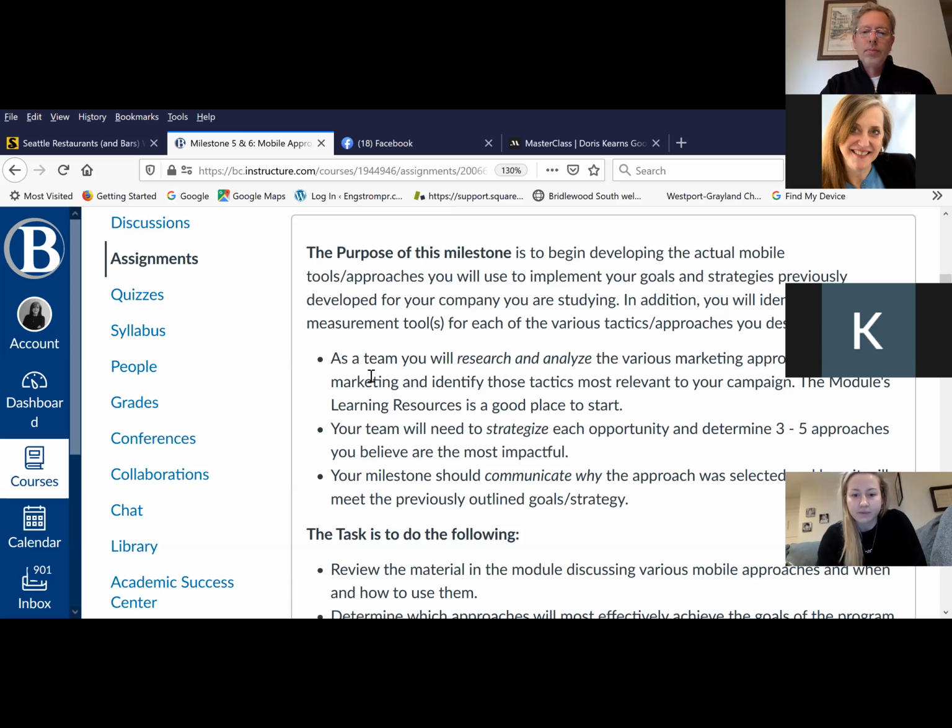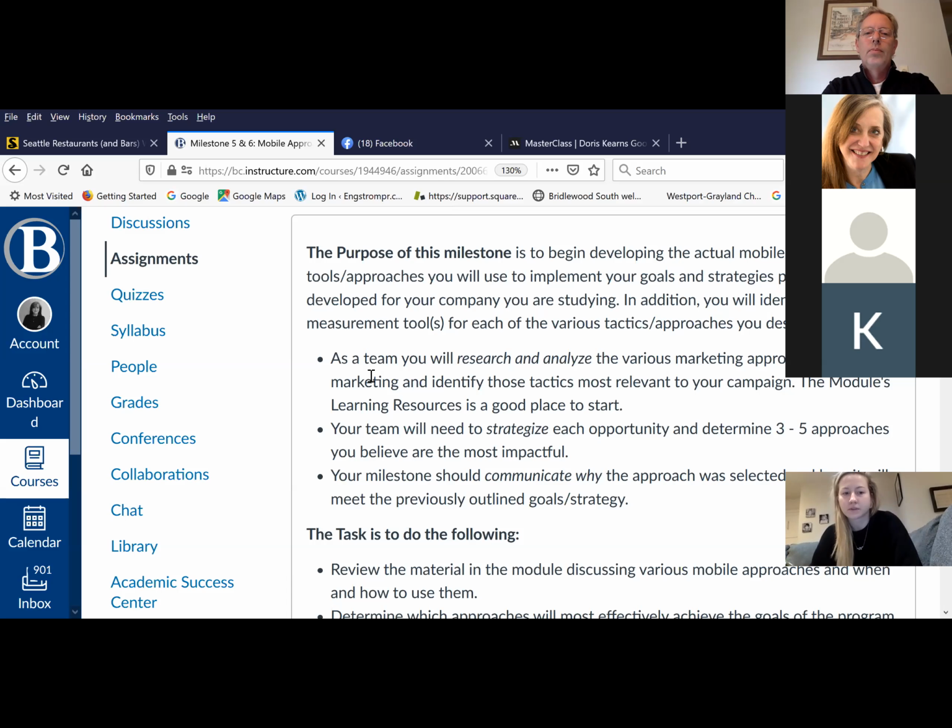If you could. Yeah. So my main question is, I know that it's better to add things that your professor tells you to read. So I was just wondering, do we need a tactic that is location-based specific, or is it okay if we don't have it? We've been talking with our group. I've put it out there as one tactic so that we can discuss, since I read the learning module. So I was just wondering if it's something that we need, or is it okay if we don't have it?